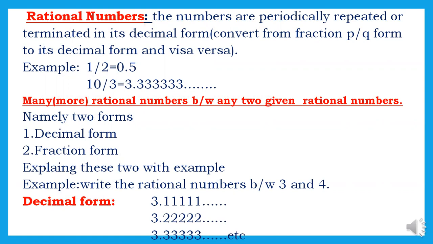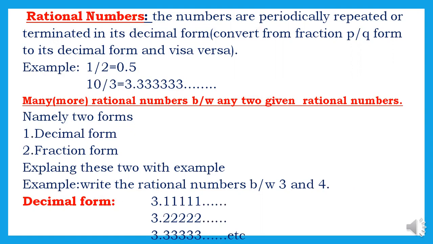First one, rational numbers. The numbers which are converted from fraction form to decimal form or decimal form to fraction form. In both ways it is possible. And one more definition: the numbers are periodically repeated or terminated in their decimal form. For example, 1 divided by 2, its decimal form is 0.5. Next example, 10 divided by 3, its decimal form is